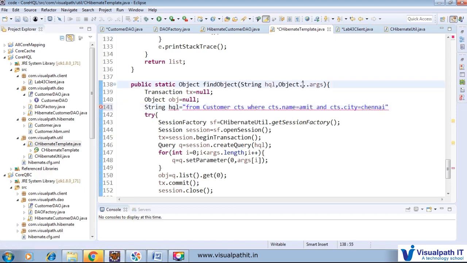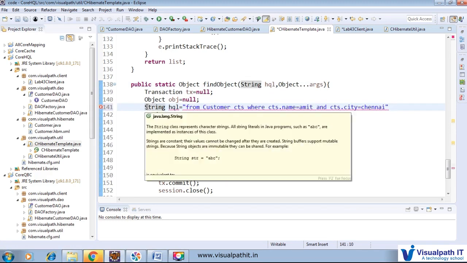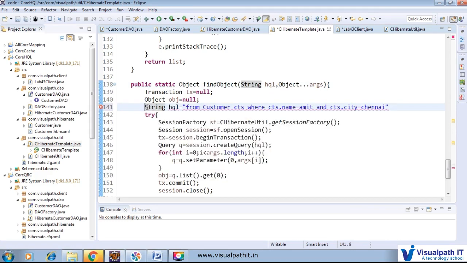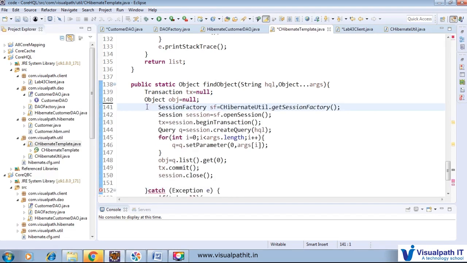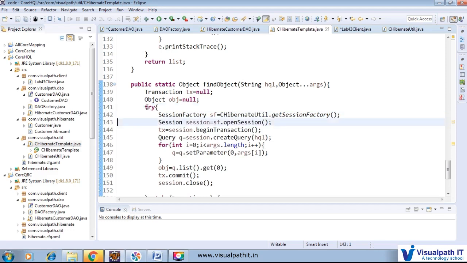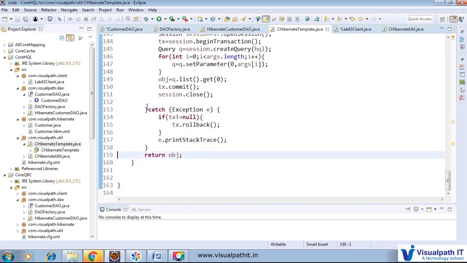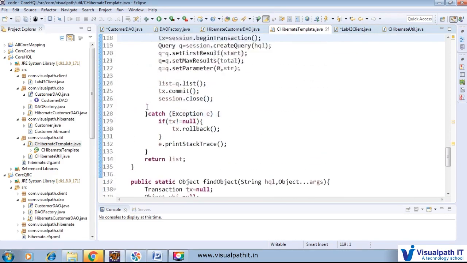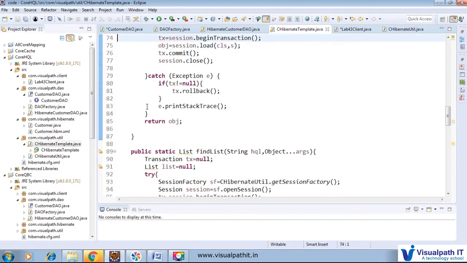Through this variable argument we can achieve a dynamic method. It can handle multiple where clauses. Either we can provide one placeholder or we can provide 100 placeholders. It will work fine and it can handle multiple requests. Through that where clause, we will see how exactly we are using the where clause that is available here.